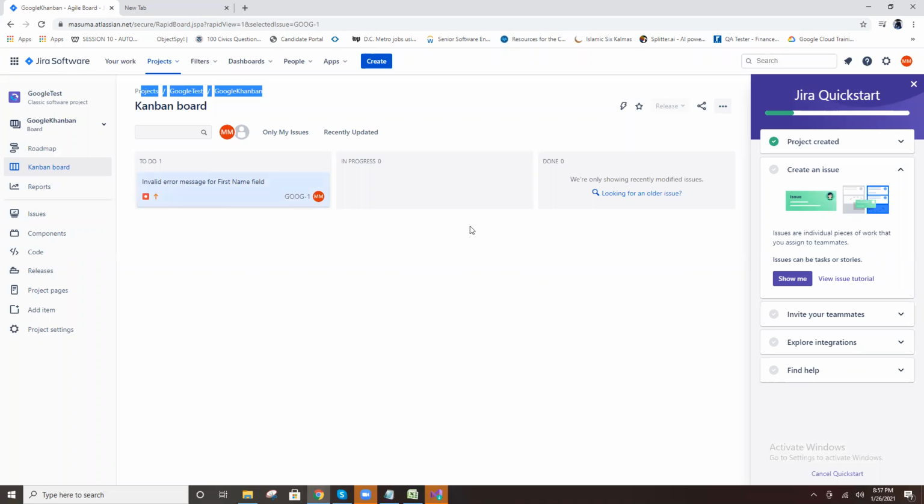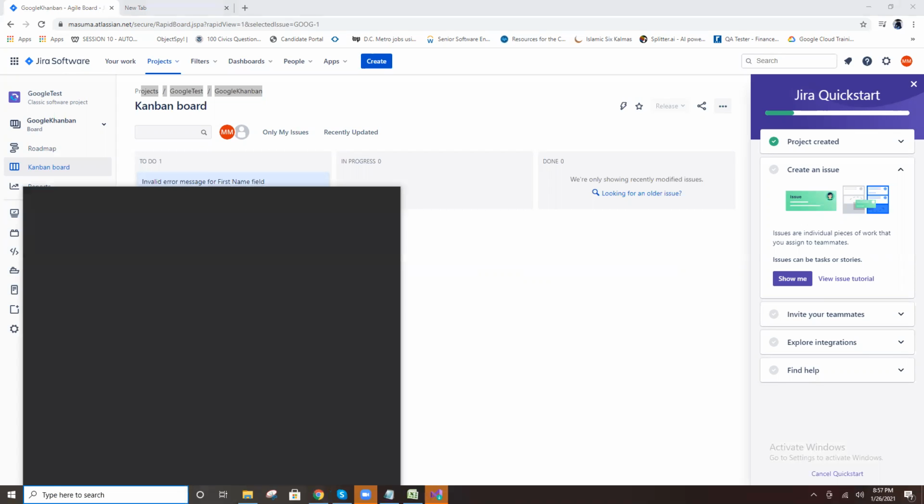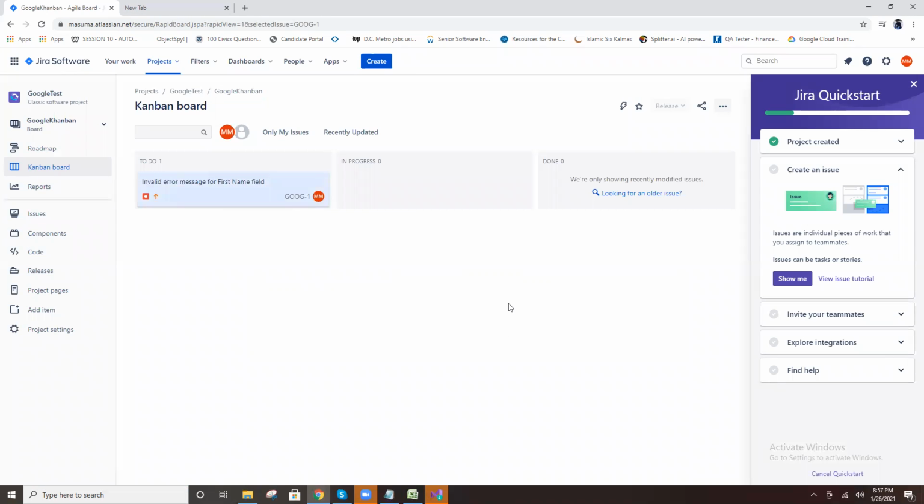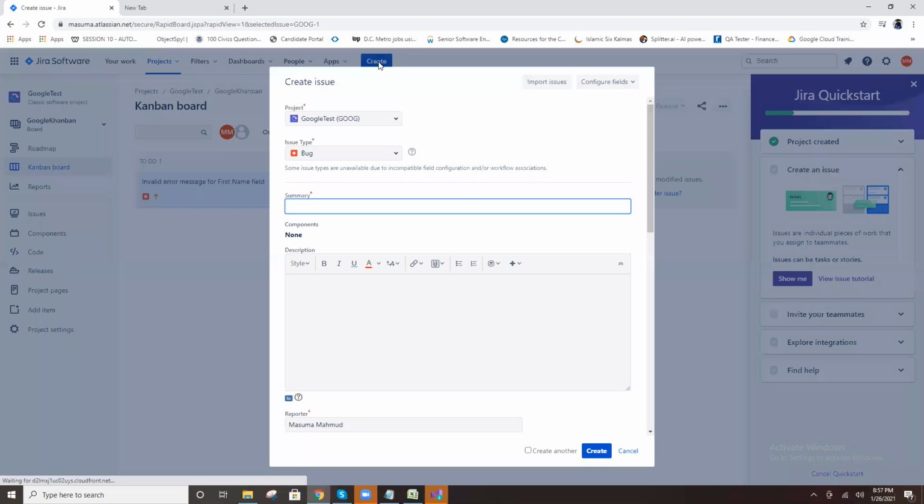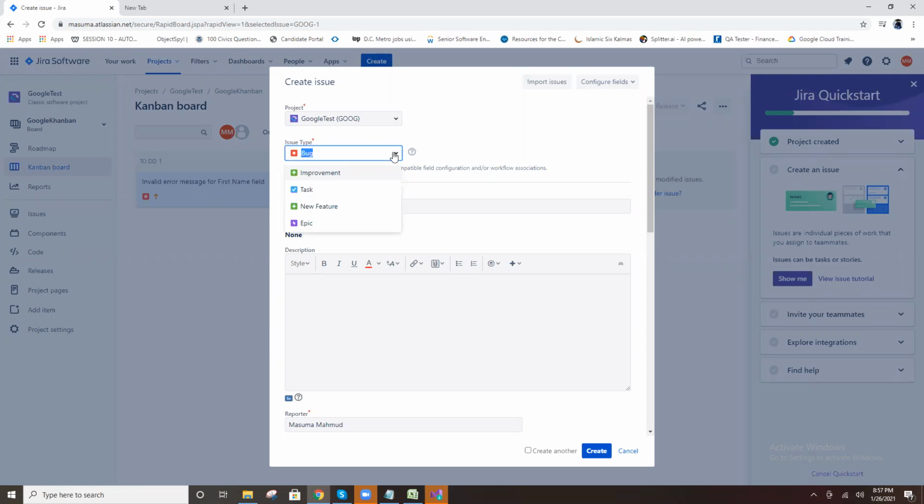Coming to tasks, you have one task every day, right? One day test case creation, one day test case execution, like that. To create a task, this is your project and you are not creating a bug. You are creating a task.